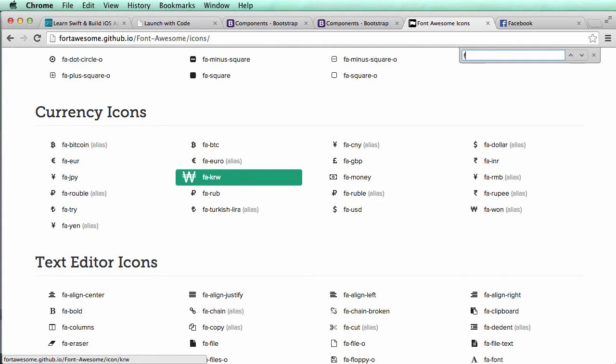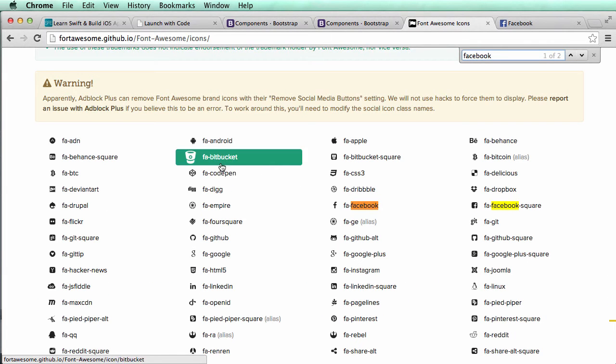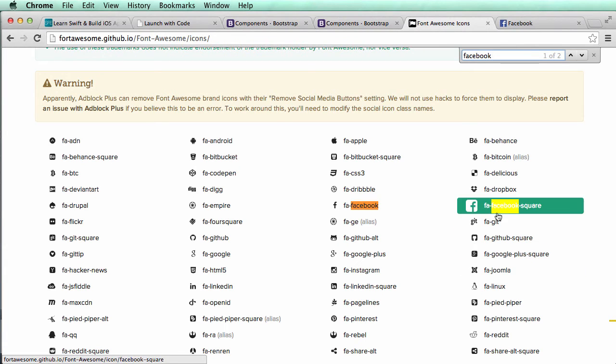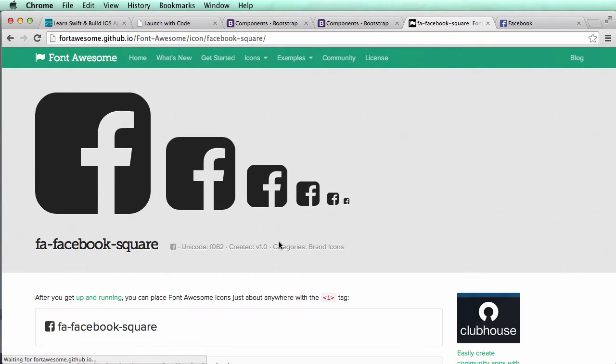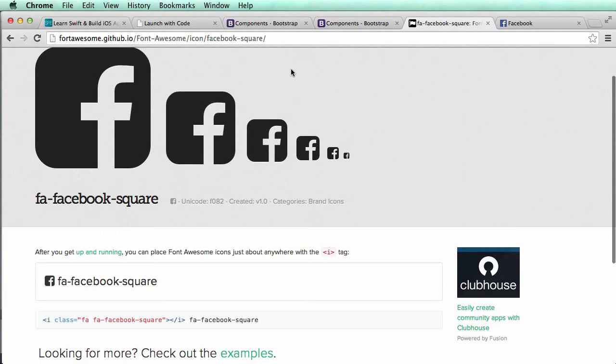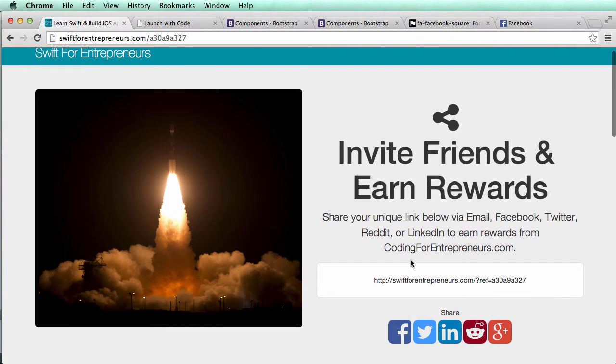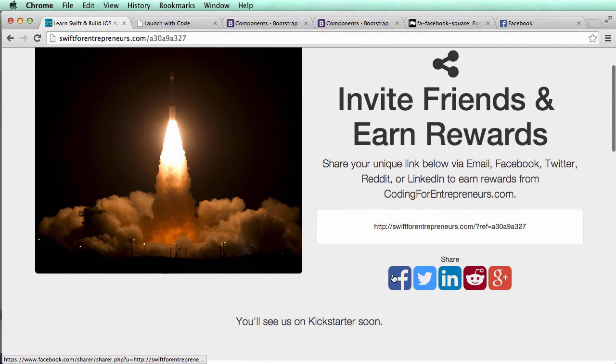All right, so now I'm going to use a Facebook one. So I'm just going to type out Facebook, and I'm going to use Facebook Square, so fa-facebook-square. This is the one I want to use, just like here. So research shows that using icons that at least closely resemble the actual icons that the services themselves put out, like the Facebook one right here, which looks almost identical,